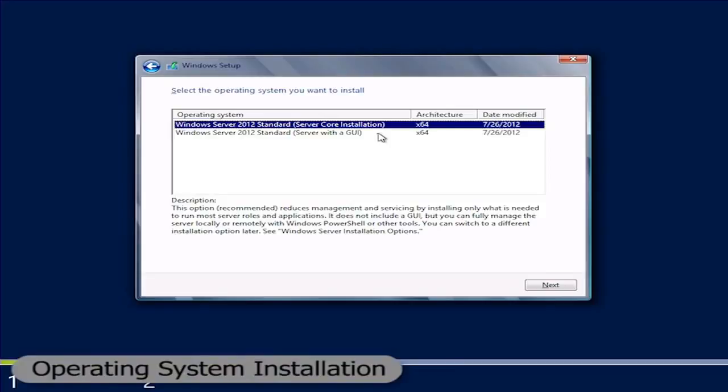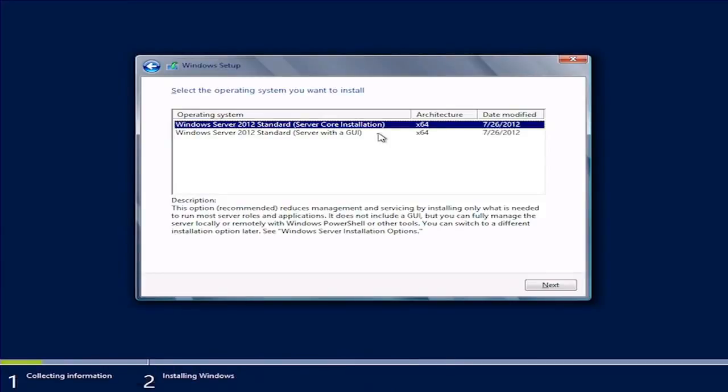All right, now getting back here to the edition that we're going to work with, which is Windows Server 2012 Standard Edition, I have two choices here. I have the server core installation or the server with a GUI installation. And I will point out to you that the default, where it's highlighting by default, is the server core installation. The reason why is because the idea with Windows Server 2012 is that you will never actually be at the machine. You should be remotely managing the server